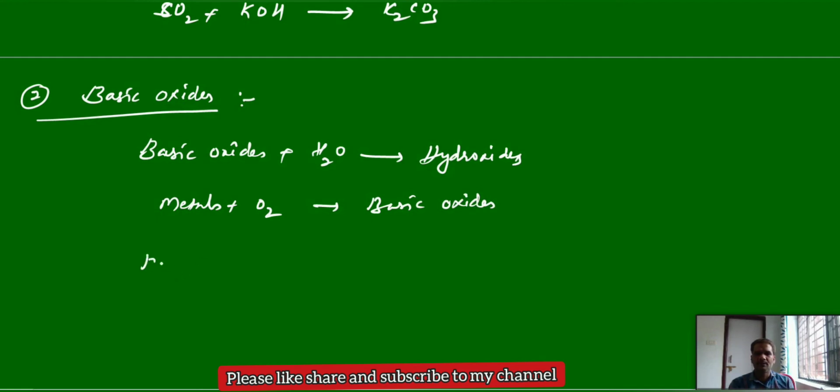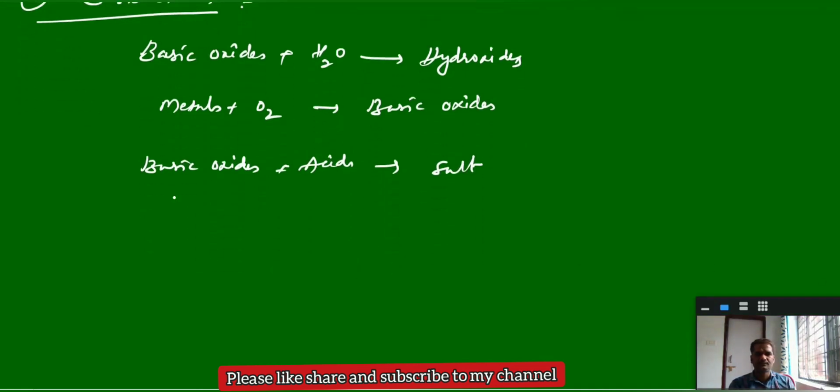And when these basic oxides react with acids, as in an acid-base reaction, they form salt. I can take so many basic oxides, because in the periodic table most of the portion is occupied by metals. First A group, second A group, and the bottom elements of the 13th and 14th groups are basic in nature. A few examples of basic oxides: